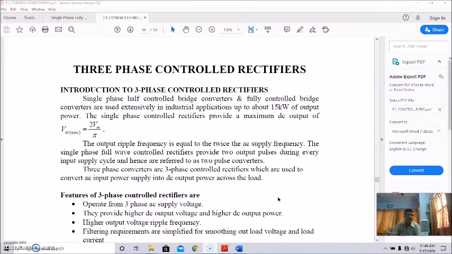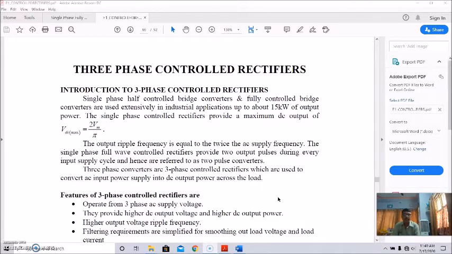Single-phase control rectifiers provide a maximum DC output of VDC maximum equal to 2 Vm by pi. The output ripple frequency is equal to twice the AC supply frequency, and the single phase full wave control rectifiers provide 2 output pulses during every input supply cycle, and hence are referred to as 2 pulse converters. But in case of 3-phase converters,